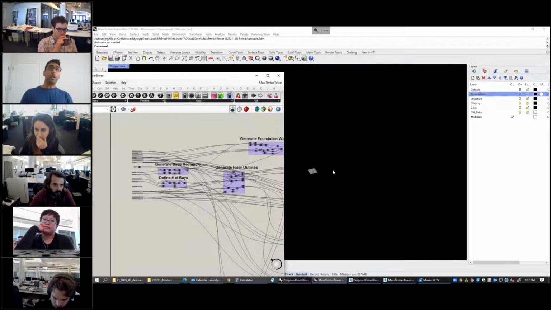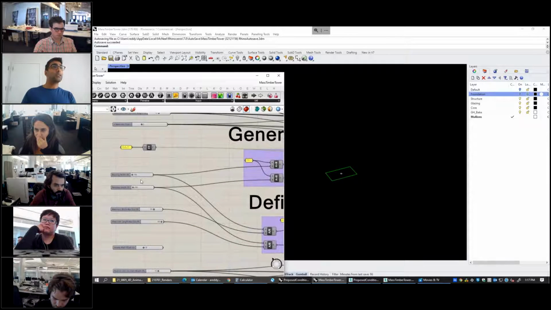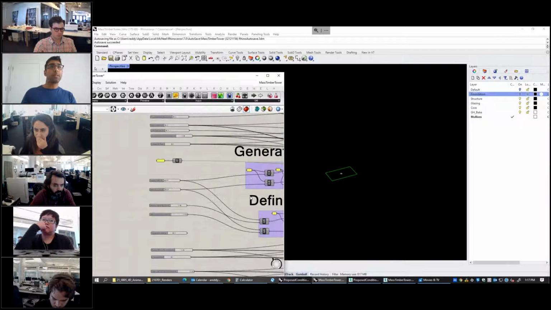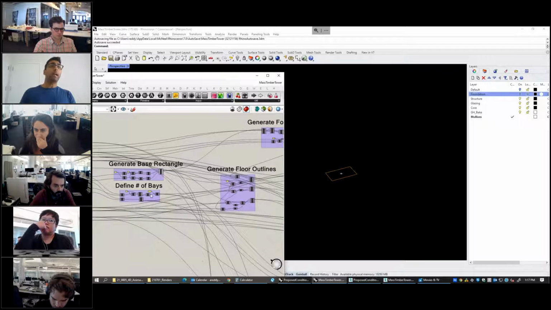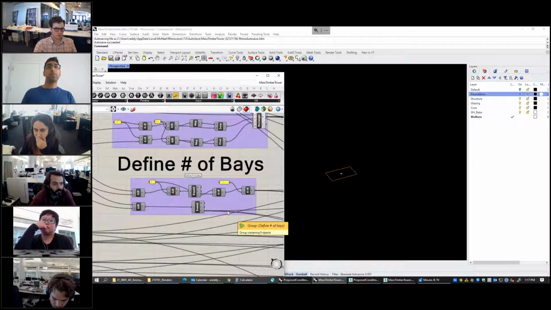nothing except for the world 0, 0, this little base plane right here. And based on that, I'm going to draw a rectangle. And that rectangle can be whatever it wants to be. It's a certain number of feet. I was trying to use sort of lab dimensions because we love labs here. And taking that, and then based on those lengths, starting to break down the number of bays